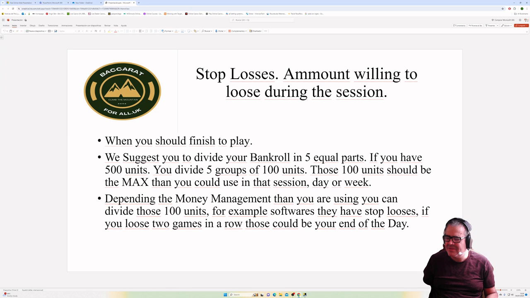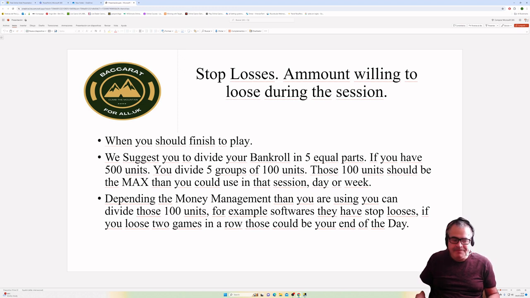If you use the Martingale, for example, if you have 100 units and you lose the first one, you are one down. You lose the second, it's three. If you lose the next one, it's one, two, seven. So the Martingale grows exponentially. If you have six losses in a row, you are almost out. You might not have enough money for the seventh bet. If you use a sensible money management, you will have more money to hold through the bad streaks, the bad sessions. So that is the importance of money management.